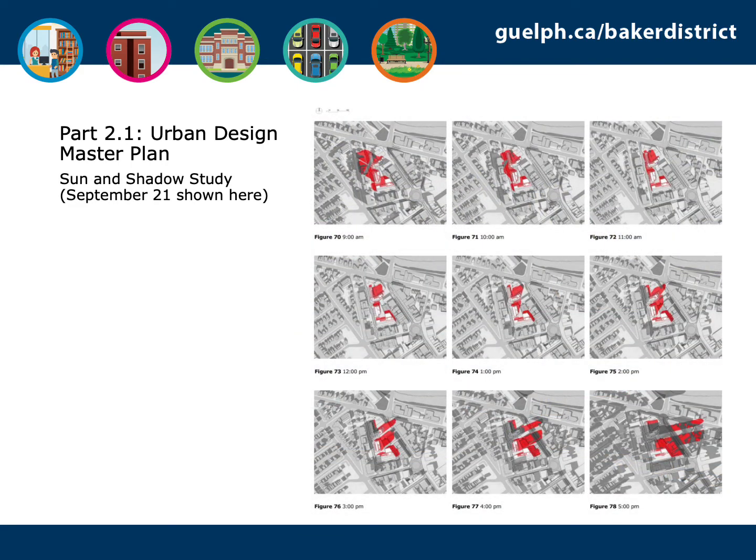Shadow impacts generated by the Baker District redevelopment have been modeled in accordance with the City of Guelph's Sun and Shadow Study Terms of Reference and are included in the UDMP. As demonstrated by the shadow study, the placement, height, and massing of the buildings of the Baker District redevelopment do not cause excessive shadowing on their surrounding neighborhood, including parks, adjacent residential uses, public open spaces, private amenity spaces, and